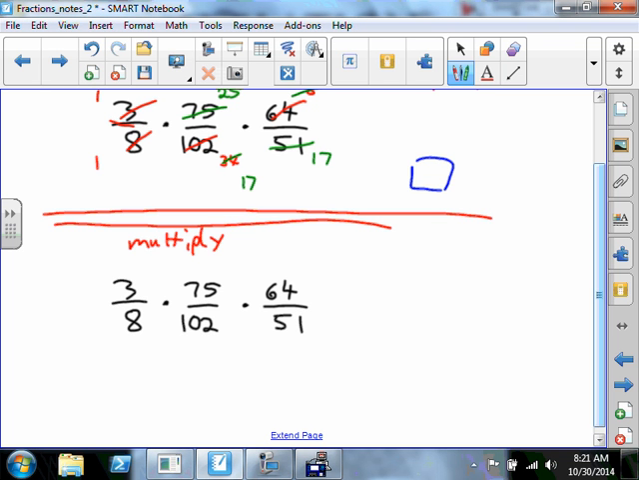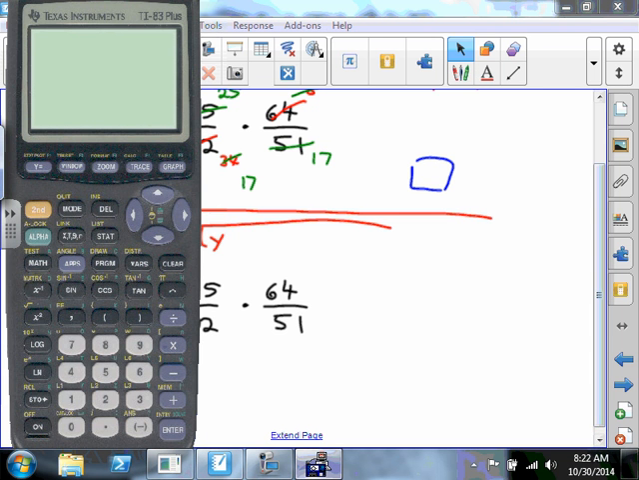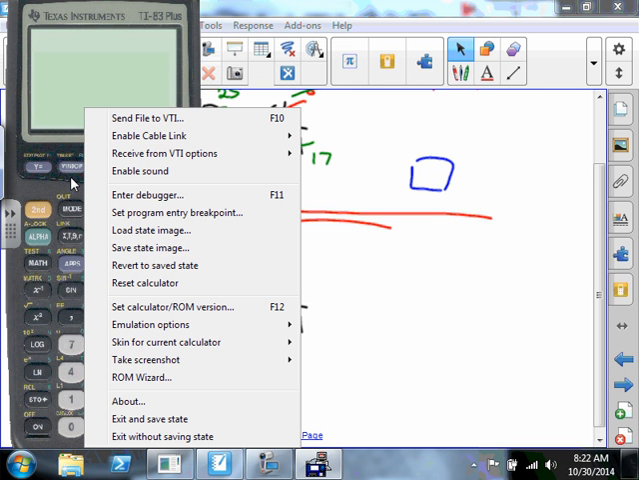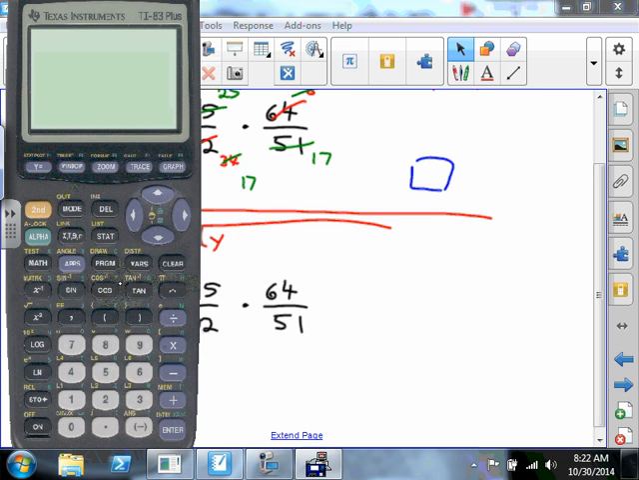So you would have 3 times 75, which is a lot, times 64, which is a heck of a lot more. If you had to multiply this by hand, and you will on the test without a calculator. But let's see, 3 times 75 times 64. I wouldn't want to multiply that by hand. That's 14,400. So that's 14,400 over,